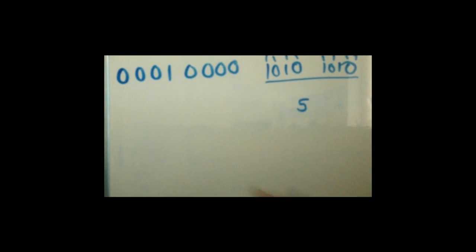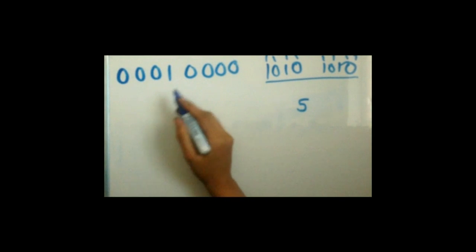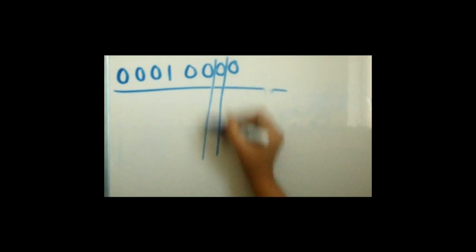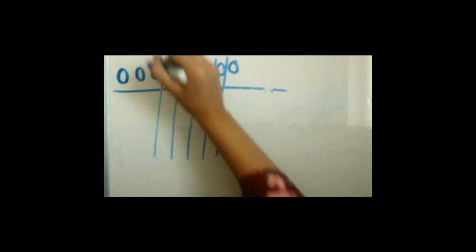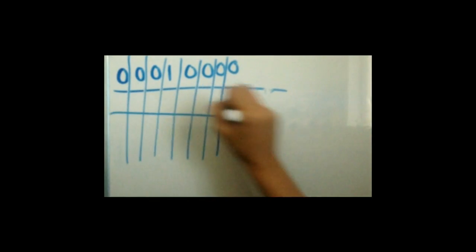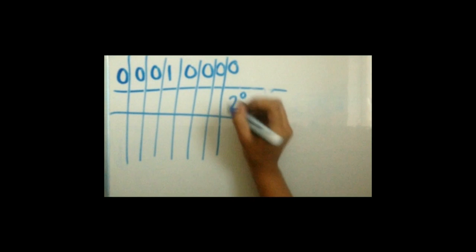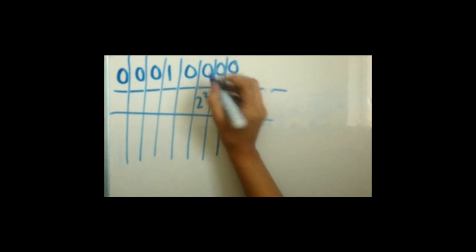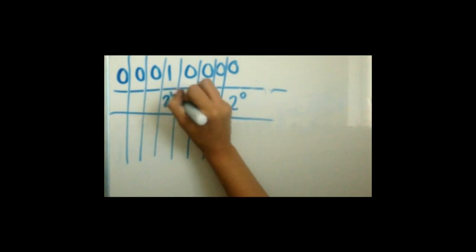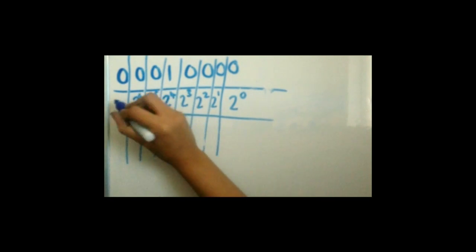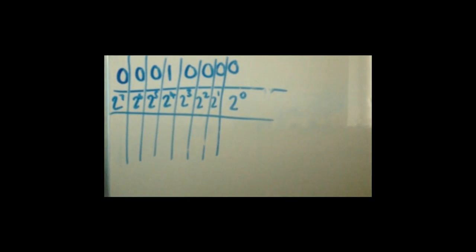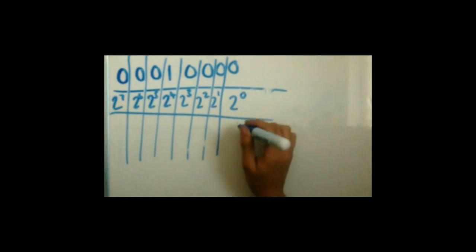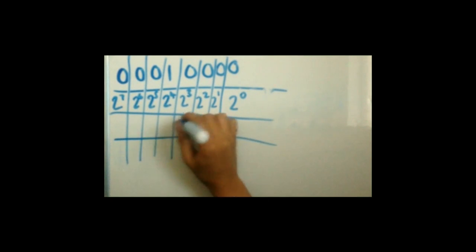Okay. So, like I said, remember when I said base 2? Over here, this will be equal to 2 to the power of 0, 2 to the power of 1, 2 to the power of 2, 2 to the power of 3, 2 to the power of 4, 2 to the power of 5, 6, and 7. Anything to the power of 0 is 1, then 2, 4, 8,